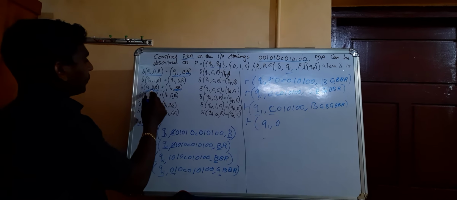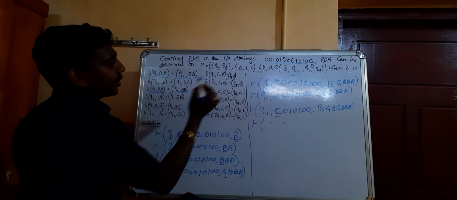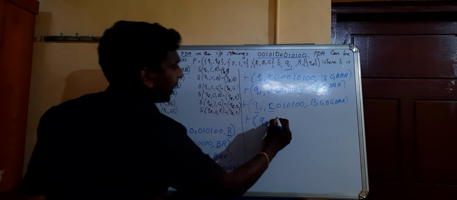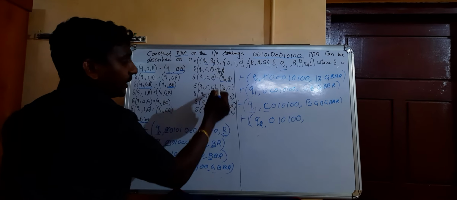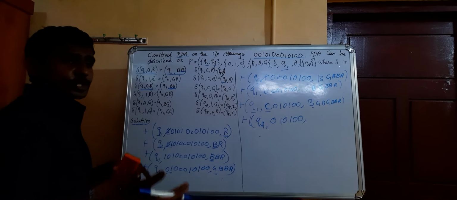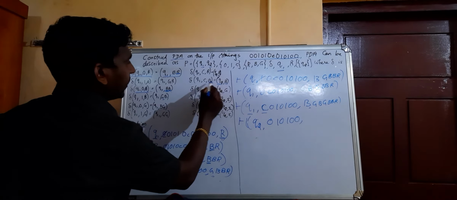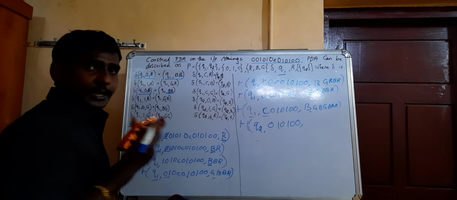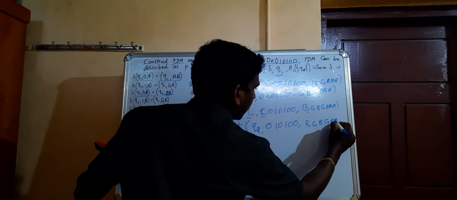So Q1, sorry, it is not Q1 CB, Q1 CB, it is there. The state is converted into Q2, so Q2 and C is popped from the stack, 0 1 0 1 0 0. B is already there, but C doesn't push or pop, so no change. Okay, only this you have to understand. B is already there, the 0 push or pop, nothing should happen because no BB, no GB, etc. So the same thing will be repeated like this: BB, GB, BR.